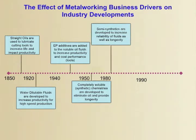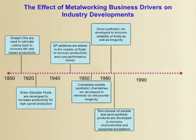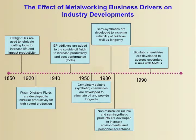And then we moved, okay, well, we're back to oil. So that didn't work out so great in the 70s, and a couple of the people here in the audience are old enough to know what the old experience with the synthetics were. But the semis came on, and that really kind of came on strong. Then after that, we started looking at these non-mineral oils. They were called neosynthetics at some point, and they were like vegetable-based materials. And that was kind of a step forward in some of the lubricity and environmental compliance with some fluids. And then if we move up past the 1990s, the hot term in the industry right now is biostatics. And biostatic chemistries were developed for longevity and for the maintenance of certain properties within the fluid. So that's kind of a timeline,